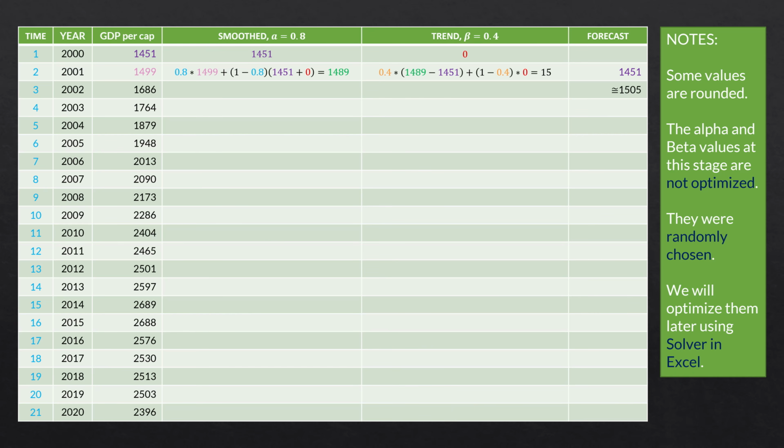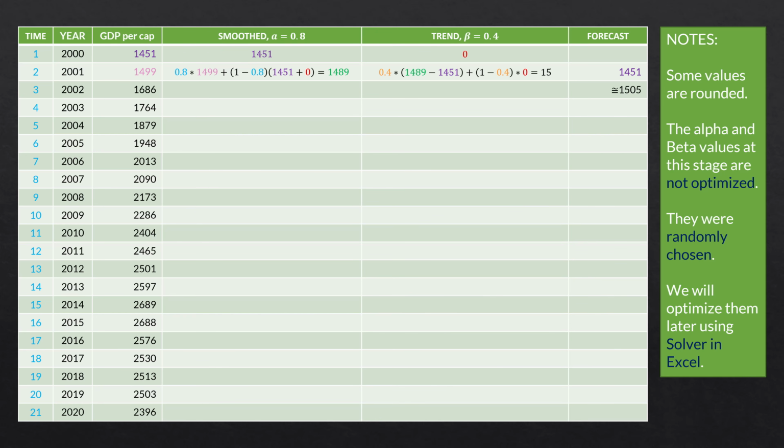An easier way to say that is it's 1 minus 0.8 times the forecast. Because remember, those are the same thing. Prior period smooth plus prior period trend is the same as current forecast. So the 1451 is the same in both places. We do out all that math. We have a smooth level of